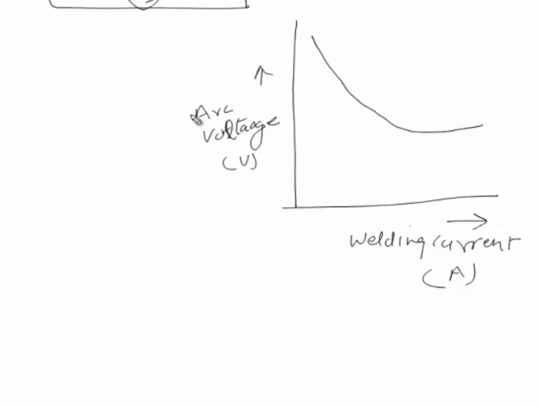If we see here, the trend is typically of this kind, where the increase in welding current first decreases the arc voltage up to a certain limit, that is this zone, and then it becomes almost constant for a certain range of increase in welding current. A further increase in welding current increases the arc voltage again, and accordingly we have three different types of variations. The first one is called the dropping one, where